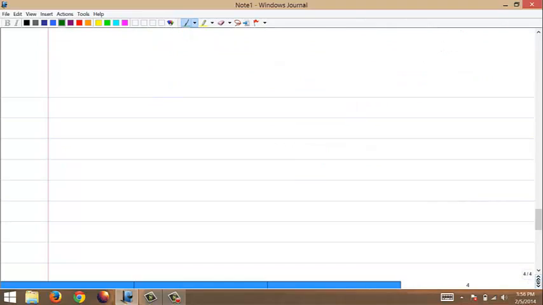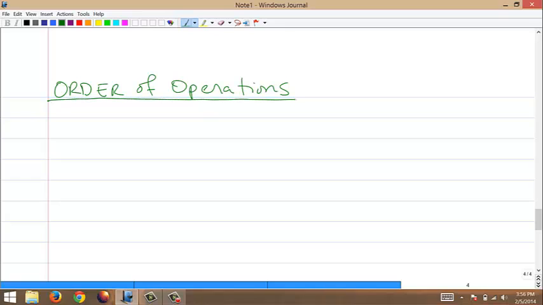All right. So one last thing is, what if we combine multiple operations together? So what if we have not just multiplication, or not just a division, or not just an addition, or not just a subtraction? What if we have a little bit of all that stuff going on? And in that case, we want to do what's called the order of operations to simplify this problem. So some of you may have heard this as PEMDAS, which stands for parentheses,